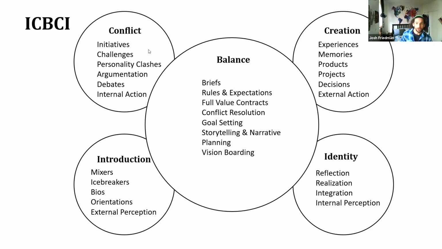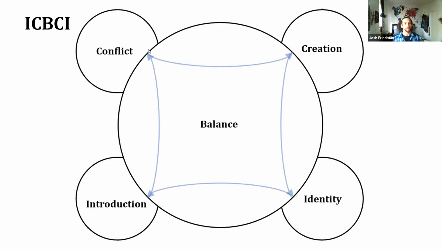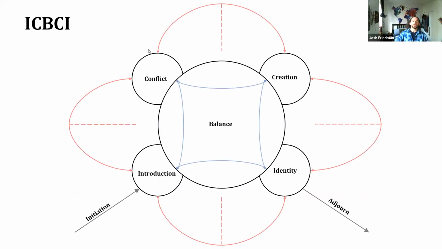What we're going to talk about going forward is, what are the reins that we have to guide that elephant, right? So transition between these stages can happen in what I consider, again, a balanced way. In other words, from introduction to conflict, we move through balance, or we move unbalanced. We move from introduction to conflict out of balance, right?